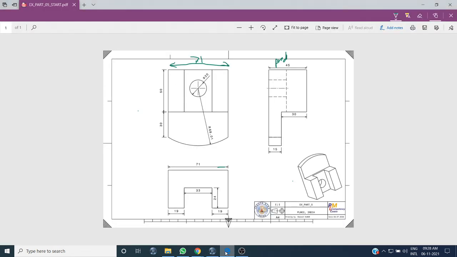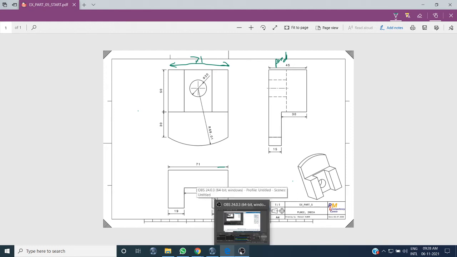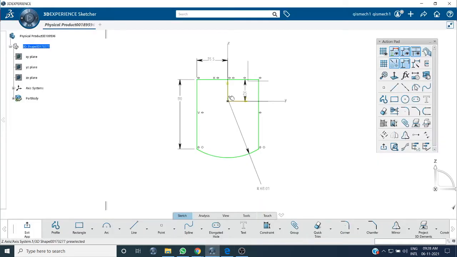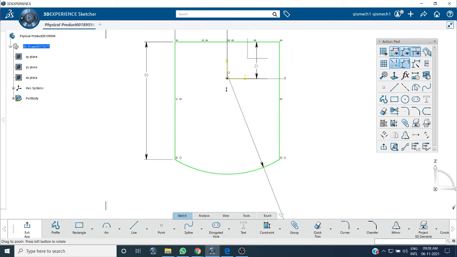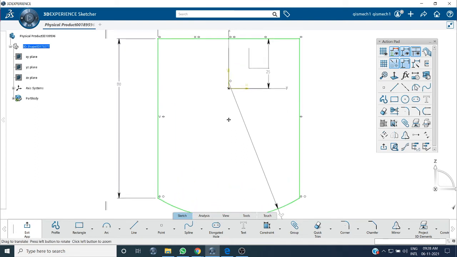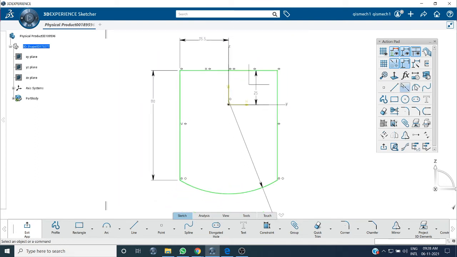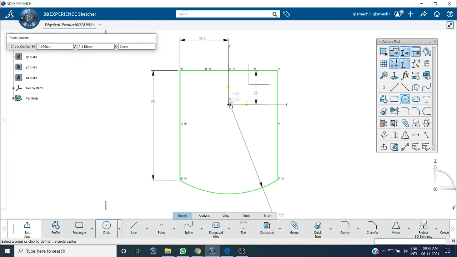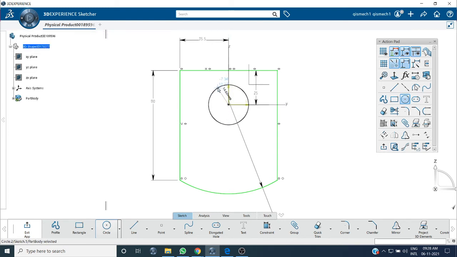Okay, now take the circle from here. What is this distance?